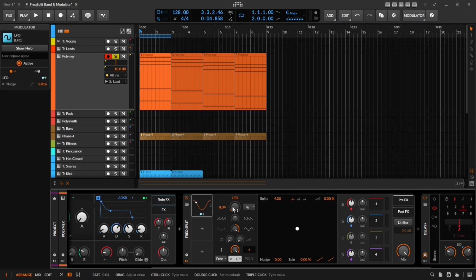That was it. I did nothing at the Polymer. I have loaded the Freq split and muted a container and modulated with an LFO, the nudge a little bit, turned down the splits. And now you can do a lot of different things about that. And I prepared some notes here,